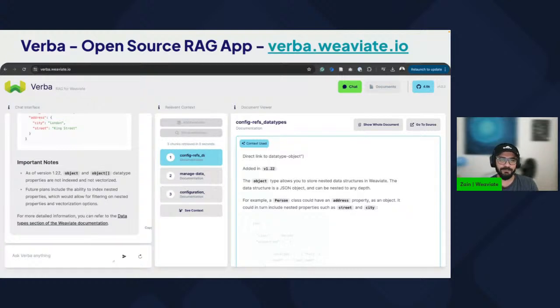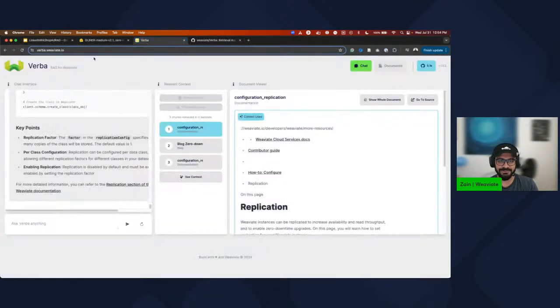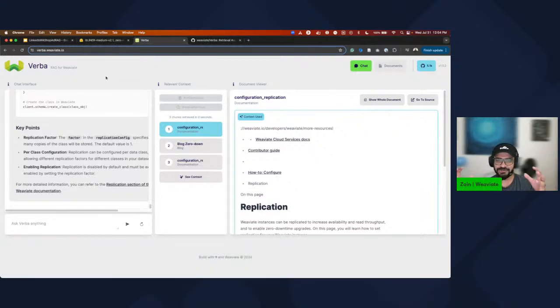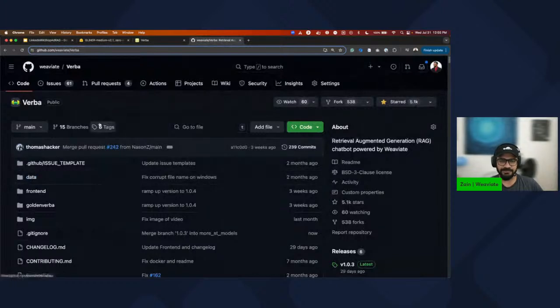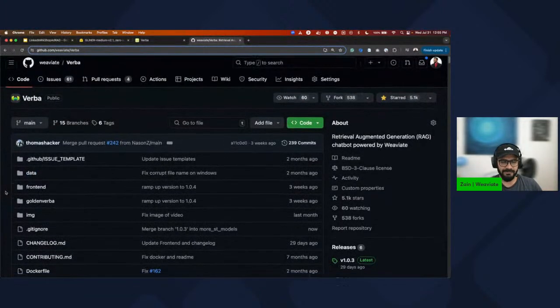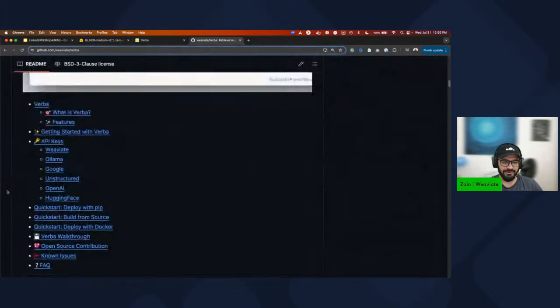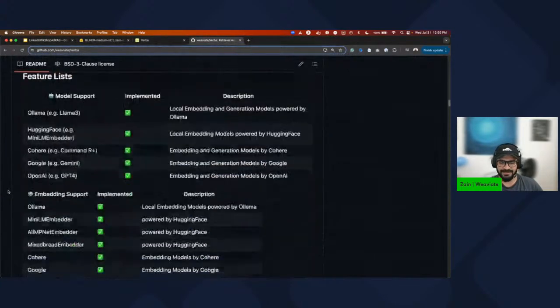It's also open source. So one thing that I want to show you here is if you go to Verba Weaviate.io, we've ingested all of our documentation and all of our blog posts and transcripts and everything. So you can ask it how to use Weaviate. But the more interesting piece here is that it's fully open source. A lot of people are using it to build their own RAG apps on top of. And the reason why I'm pointing you to this resource is because if you scroll down here, it's a living, breathing